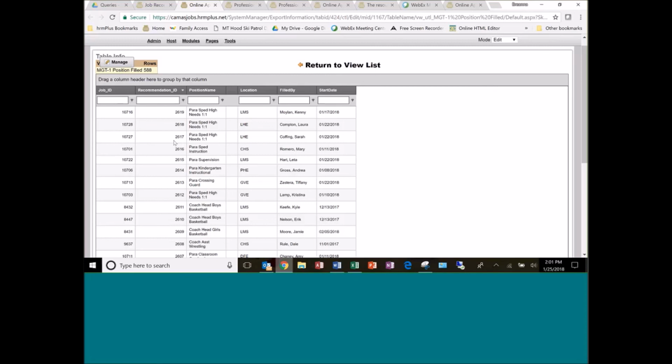I have a lot of districts that we make very specialized queries for. They'll say, I want to know this, this, and this. Deb and I will write a query, and we give you the data just like this. And if it's something that you're going to use more than once, we can email it to the programmers and ask them to add that report to your